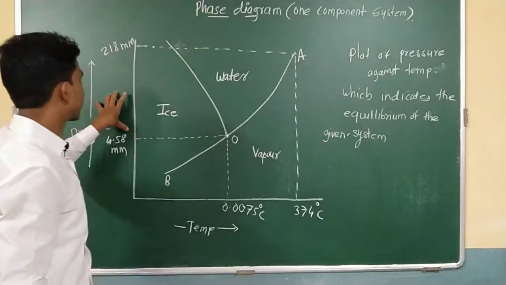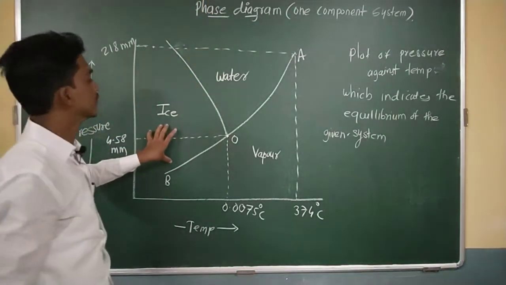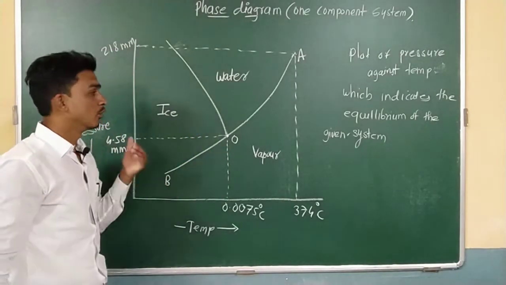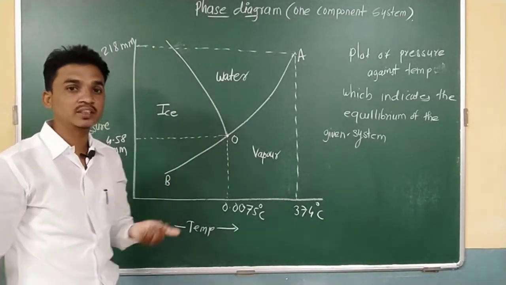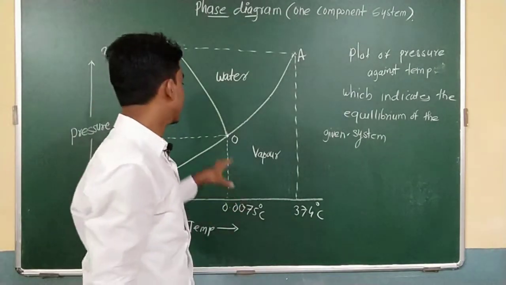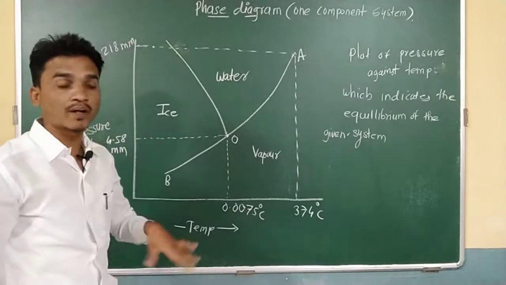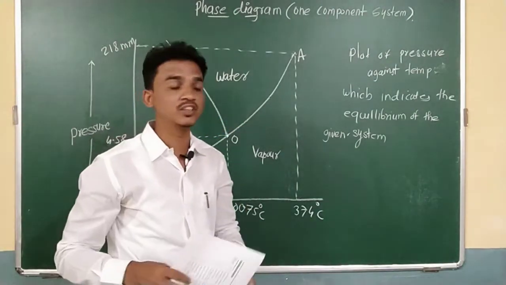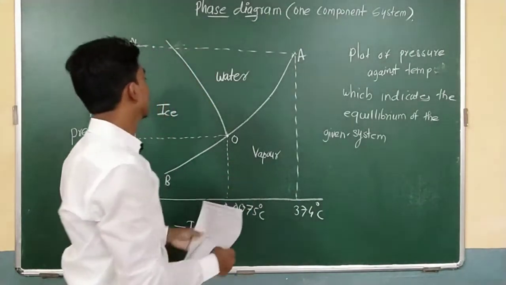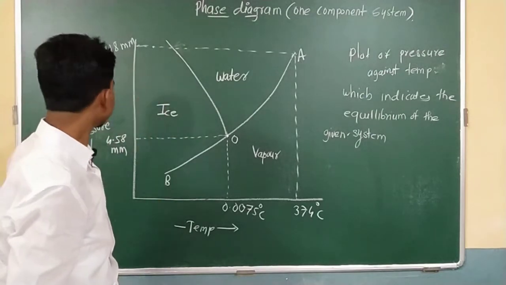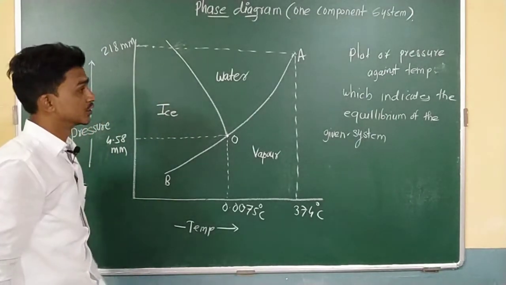So this is the simple graphical representation of a given system, and from this diagram we can predict what happens in the given system if the temperature is increased, or if the pressure is increased or decreased, what happens in the equilibrium, or what will change in the equilibrium state. So we get this information from these graphical representations.